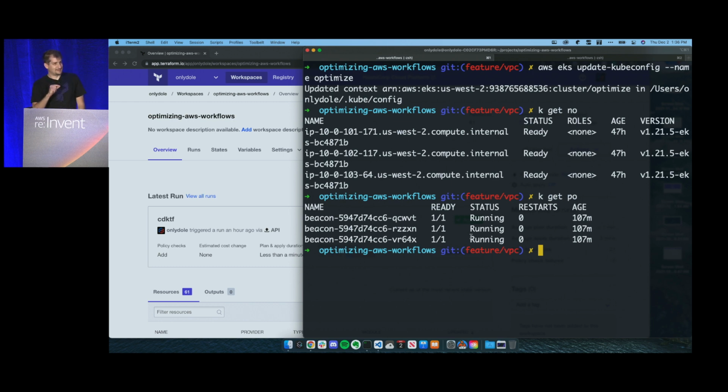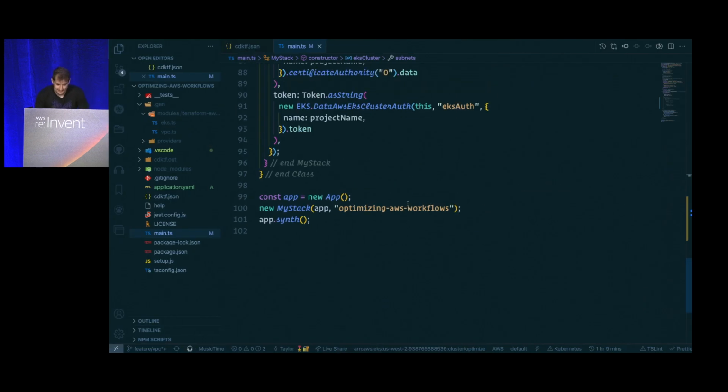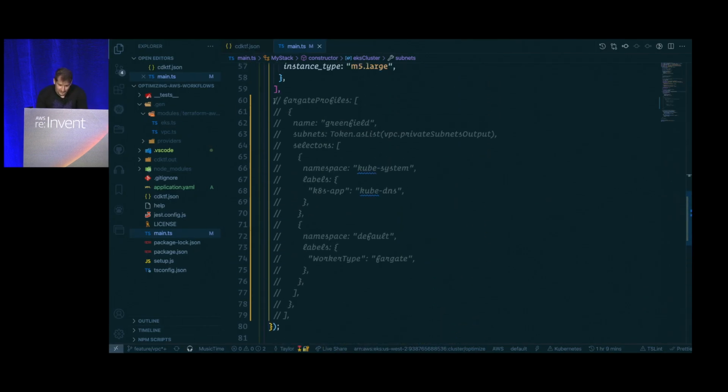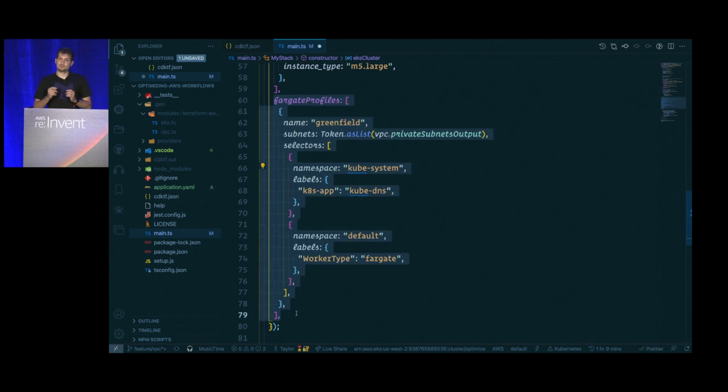So we can see we have everything set up the right way. Everything is running as expected. We'll go back and we'll actually take a look at the code. So we want to add these Fargate profiles, right? And it's really nice because it's going to stand up exactly the amount of compute and memory that you need within EKS. So the nice thing about EKS is you can have these tiered infrastructures and run things as you need them. If you need GPU, you can do it over here. If you want to run with Fargate, you can do it over there. And basically create this really simple or complex, whatever kind of cluster that you need for your use cases.